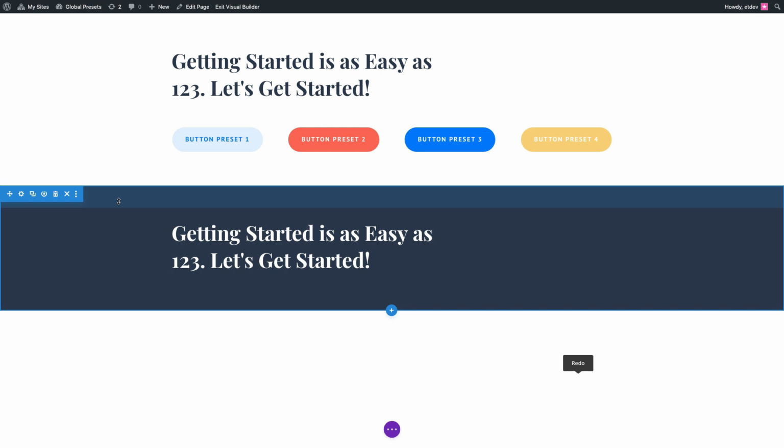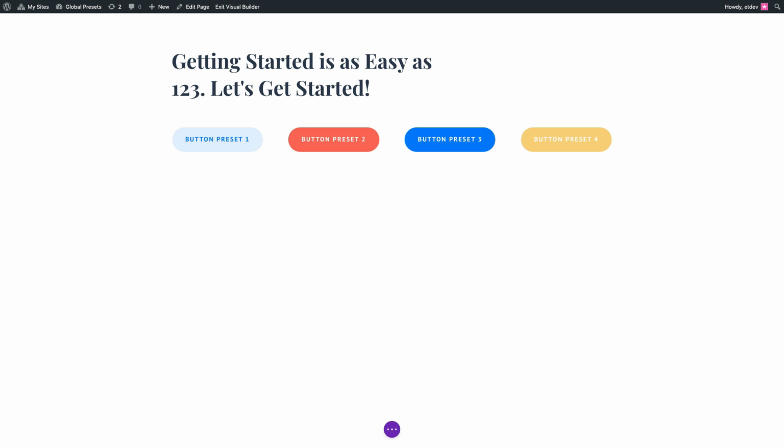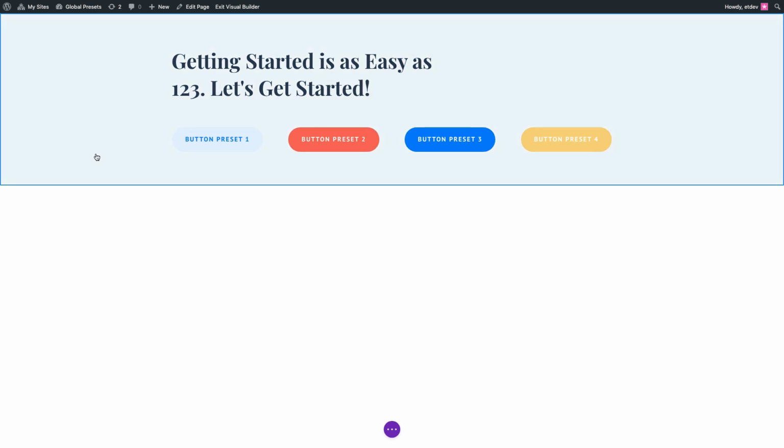So now that I have my presets in place, building my website becomes much easier and much more convenient. So now let's go ahead and delete this section. So now in my design process, if I wanted to create a dark background section here, just create a new section,